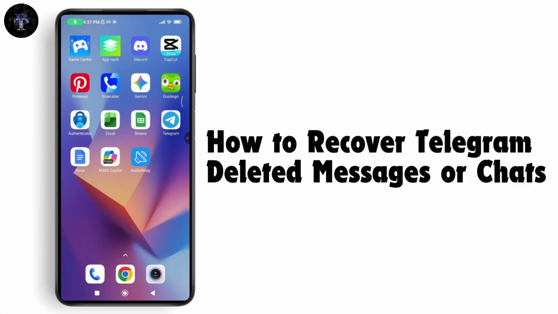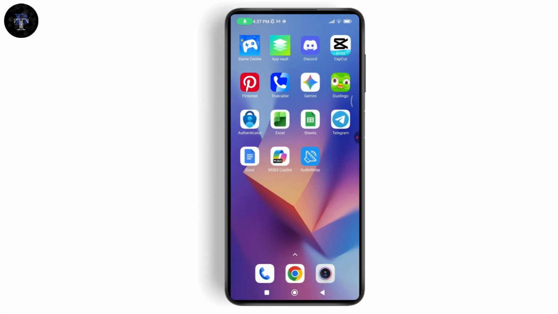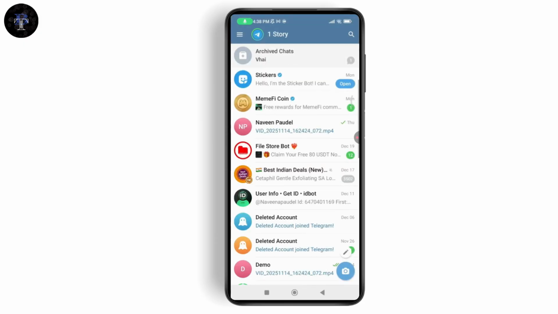How to recover Telegram deleted messages or chats. So if you want to recover Telegram deleted messages or chats, then what you need to do is first you need to open up your Telegram application. After opening your Telegram, now if you want to recover a chat, like for example, I'll just simply go and